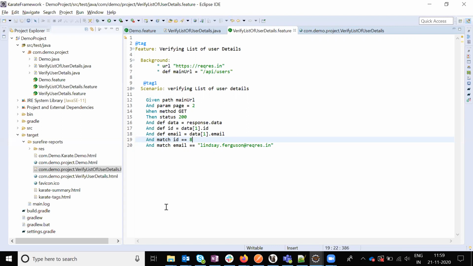But we can do DB verification using Karate also, because we need to write a Java class, call the DB in that class, and pass the DB values here. Then it will match and showcase. Now we don't have the DB, so I'm directly passing the values as a single record and verifying that value. Now the second set of values I'm going to verify.